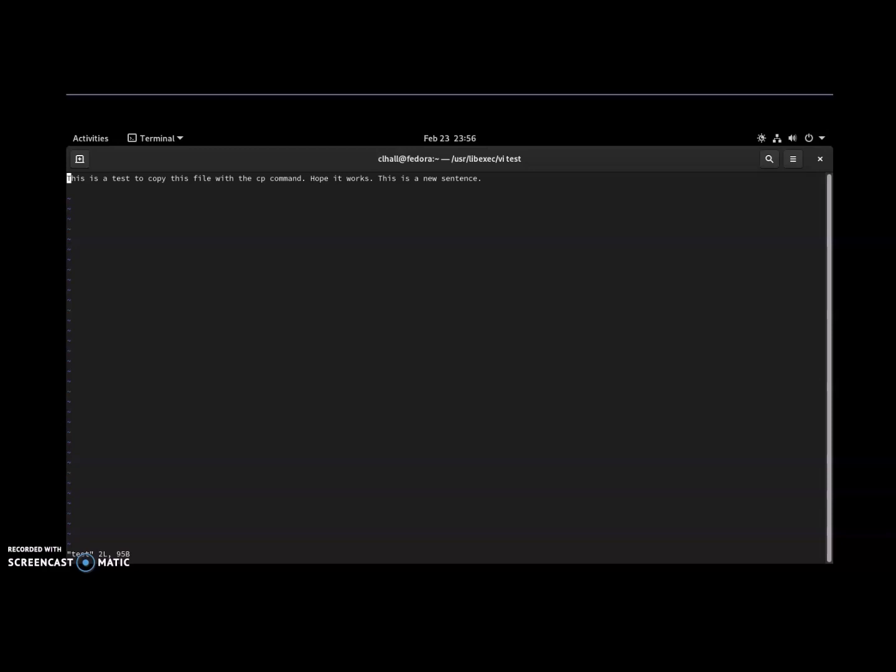To begin making changes to the document, you have to press the insert button on your keyboard, which will bring up insert mode, as you can see at the bottom of the screen. In insert mode, you can make changes to the document. You can add, delete, and move about within the text. As you can see, you can move around the document using the arrows on your keyboard. You can use the space bar. You can use the home and end keys to move around the sentence or the document as you need to